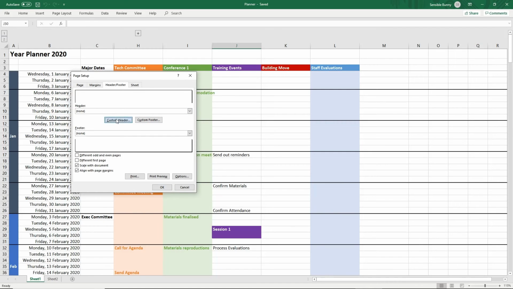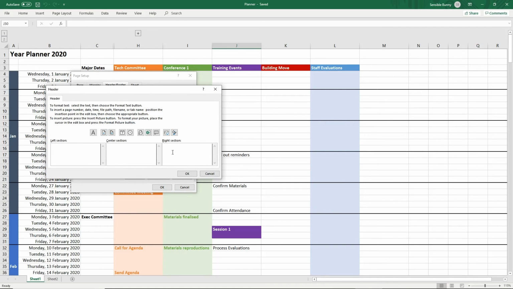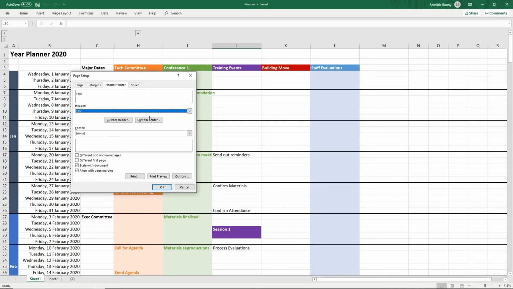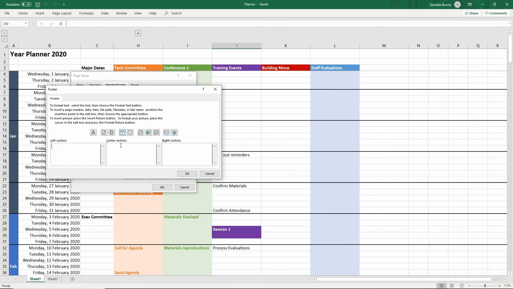So if we click on Custom Header, now we've got options to have on the left side, the center, or the right side. Let's put it to the left side here and say title, okay, and Custom Footer. So we can put in page number, that's this one here, say on the left side,